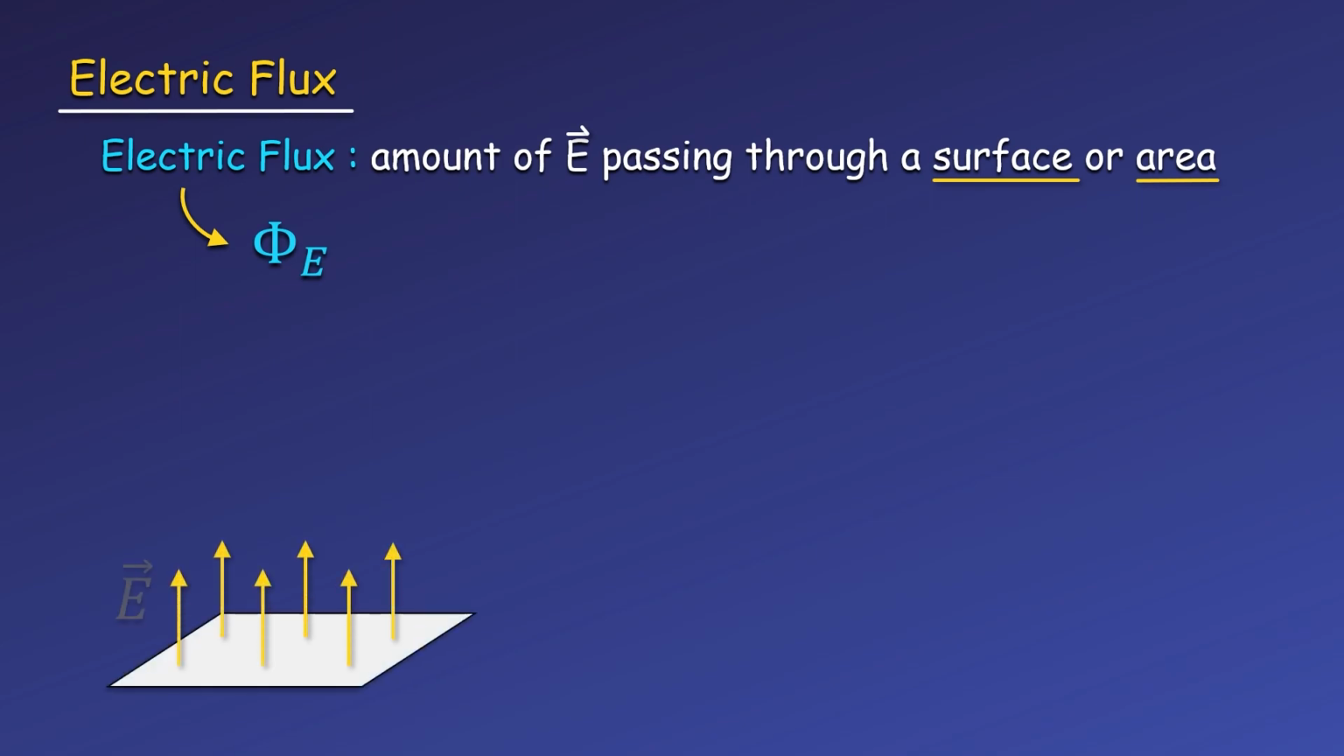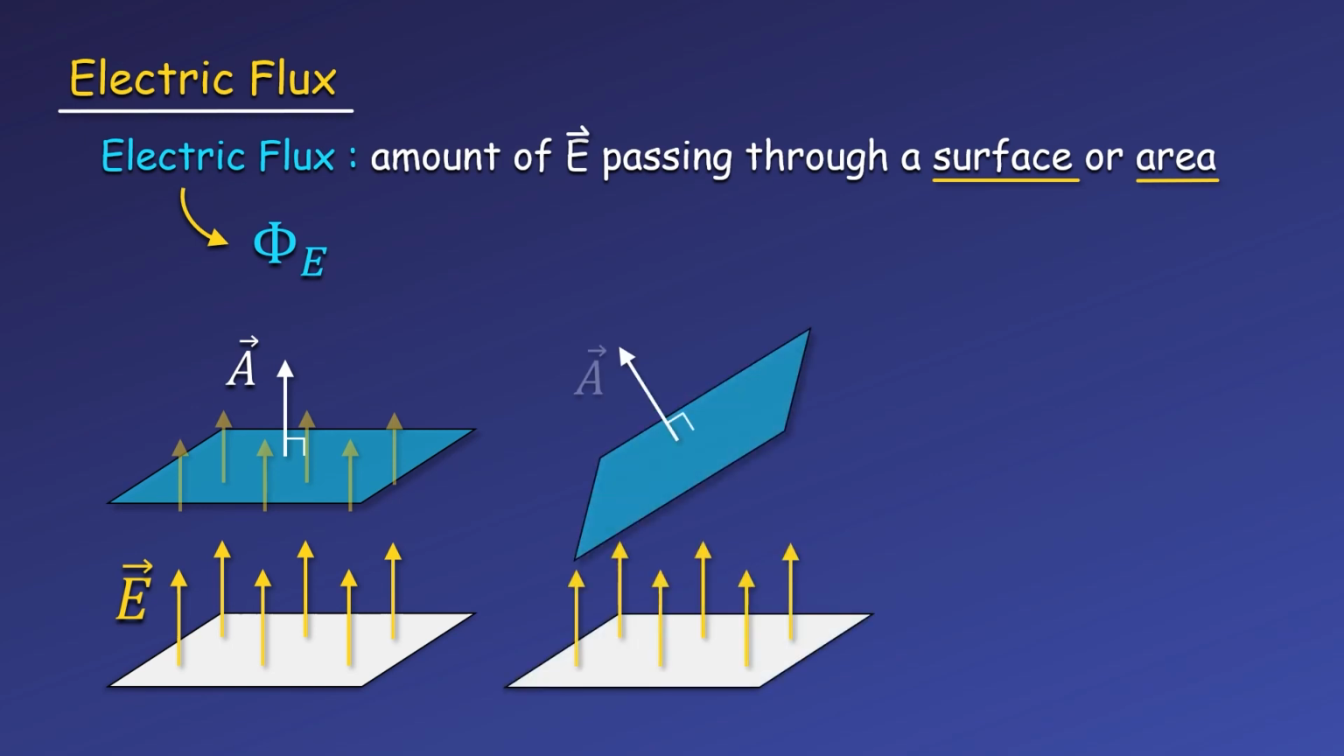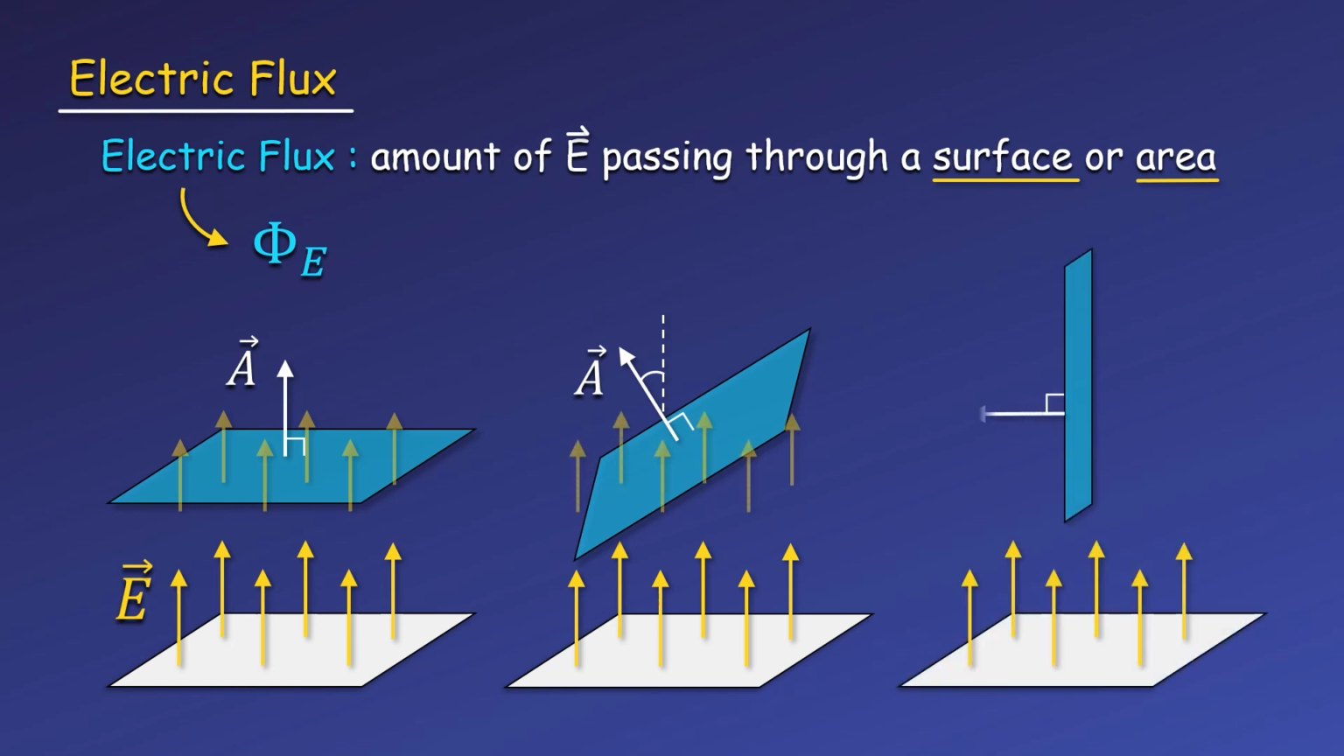We'll take our plate of charge producing an electric field straight up as an example. A surface placed above the plate will have electric field lines passing through it. When the surface is perpendicular to the electric field, a lot of electric field lines are passing through. But we can imagine rotating the surface. Now the cross-section the field lines can pass through is smaller. When the surface is parallel to the electric field, this cross-section is zero since our surface is only two-dimensional, meaning